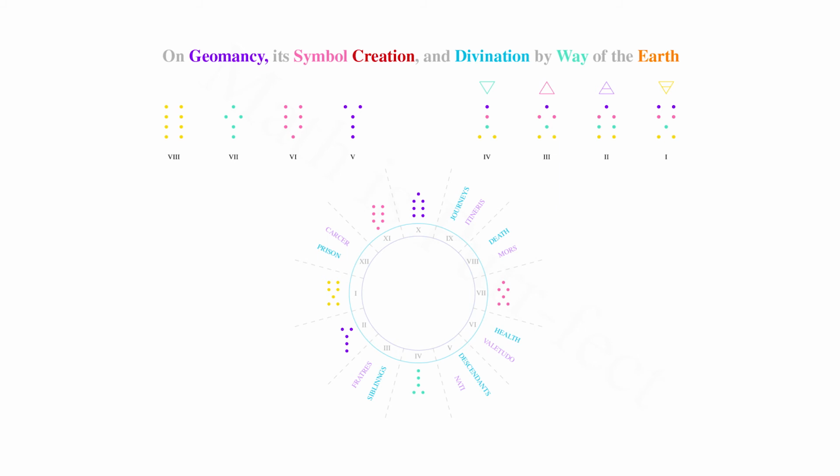The 7th symbol, Puella, girl, is placed in the 8th house, representing death, or what might prove fatal to the situation. And finally, the 8th symbol, Populus, people, is placed in the 5th house, representing the result of the situation. However, we're 4 houses shy of a full deck, as it were. In order to rectify this, we create the remaining 4 symbols via triangulation of the first mother with the final